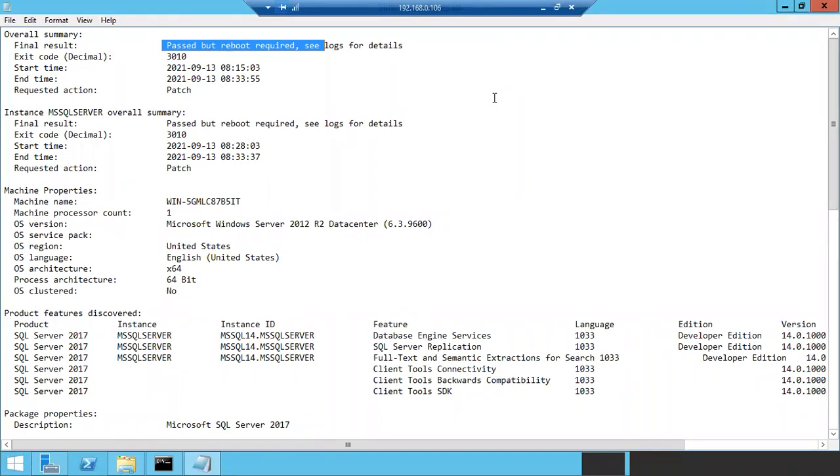So it is always better to reboot the machine before patching itself. If there is a problem with the server, and we reboot before patching, and the server is not coming online, then we can happily say that there is an issue with the server. But if you reboot after patching and the server is not coming online, then they will blame you only. After patching only the server is not coming online, so you are the responsible one. Like that they are going to blame us.